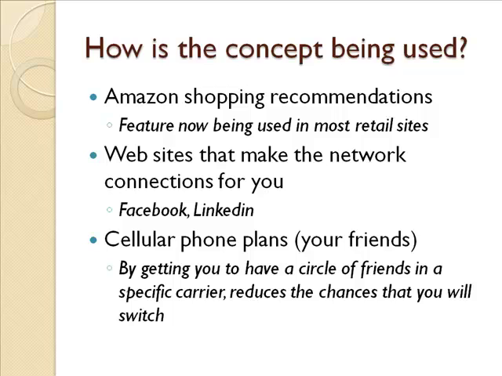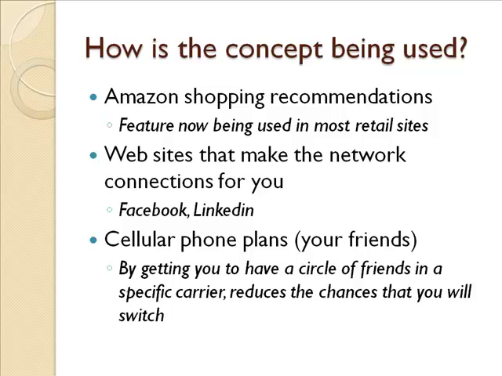Okay, so how is this concept being used? And you see it all the time. In Amazon, for example, they give you the recommendations list, right? If this person bought this book that you have, other people have also bought this. Now, they have a very complex algorithm in order to figure out the network part of this, the social network, but it's based on something that's very simple. You buy a book, then you also buy a bottle of wine, and you buy cigars, right? And another person buys the same book, and they also buy a bottle of wine. Guess what they're going to be told to buy next? Cigars, right? Because we assume these people behave the same way.